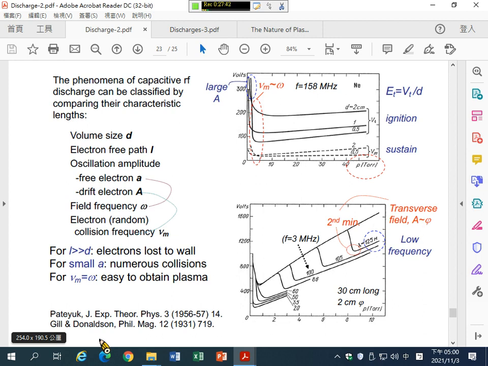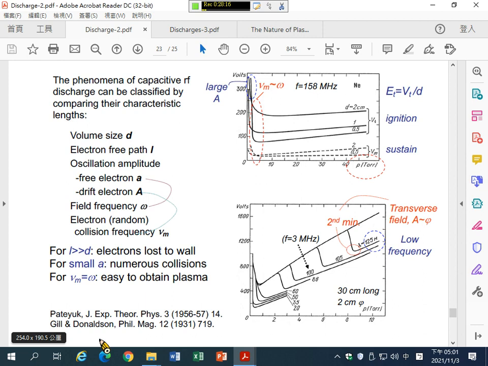In this case, you have a long quartz tube, and the cathode and the anode are separated by many centimeters. This is the first one. But the diameter is only 2 centimeters. So if the oscillation amplitude of the drift electron is about 2 centimeters,